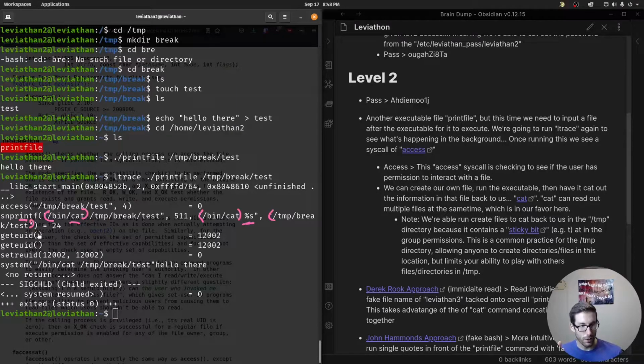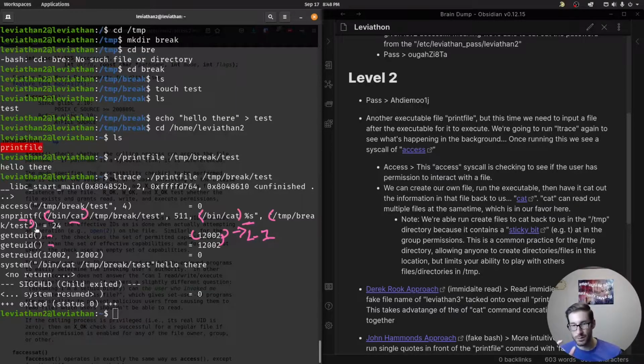So once we've gone through those steps, you can see that it's getting our effective UID at the moment, right? Our effective UID at the moment is this ID, which has very little permissions. That's the one that's tagged against, I think, Leviathan 1 at the moment. That's what we are, and that's for both of these. But when you look at this, it's gotten our effective UID, which is, and this is another important piece,